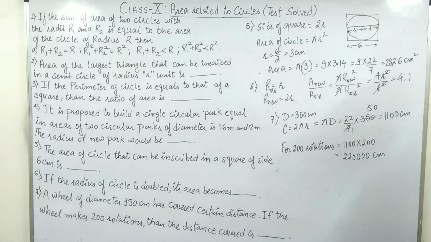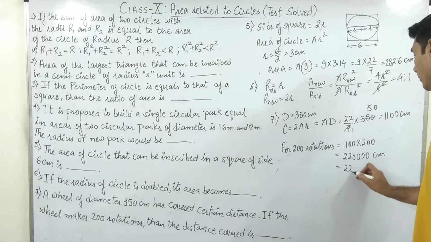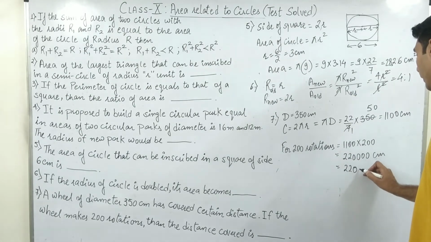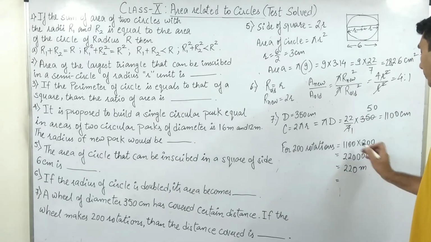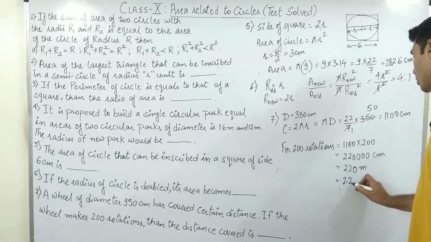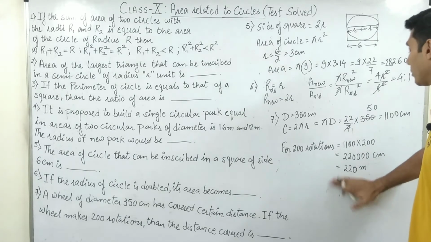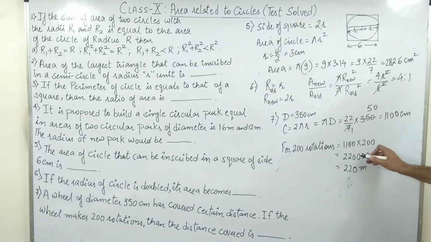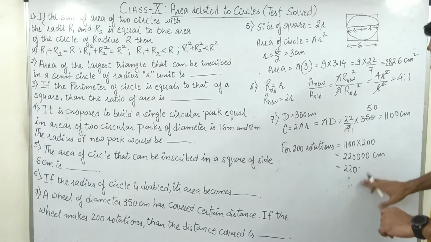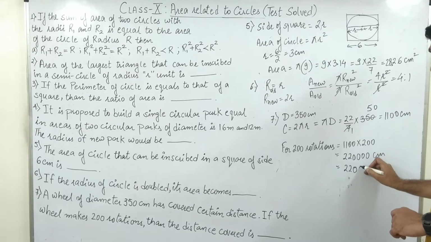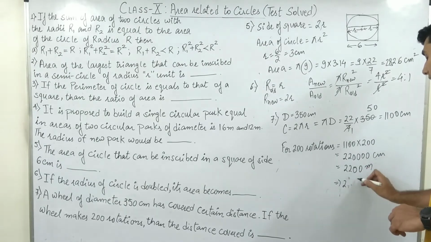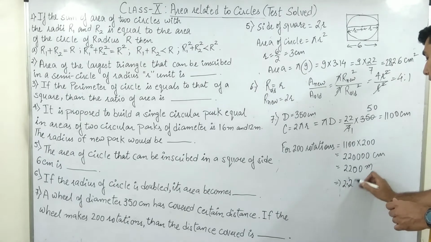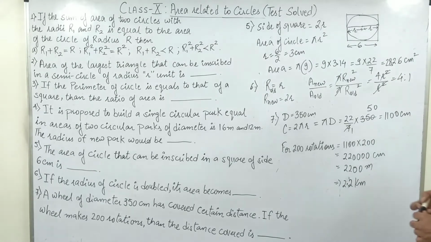But this is such a small unit, so let's change it into meters. So this will become what? 220 meters. और यदि किलोमीटर में करोगे तो कितना हो जाएगा? That is 2.2, और अच्छा मीटर में ही रहने दो इसको. Oh, I'm sorry. सेंटीमीटर से करूंगा तो 100 से डिवाइड होगा तो it will be 2200 meters, और 1000 से डिवाइड करूंगा तो it will become 2.2 kilometers. Let's check the answer once again.